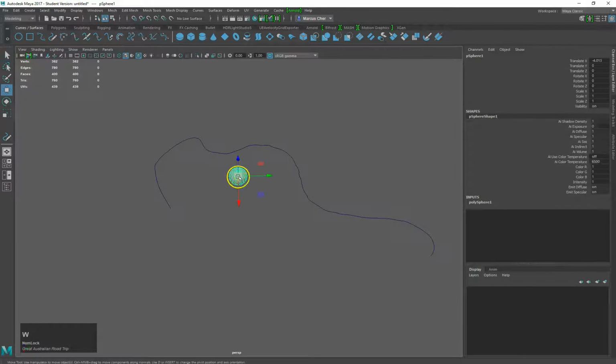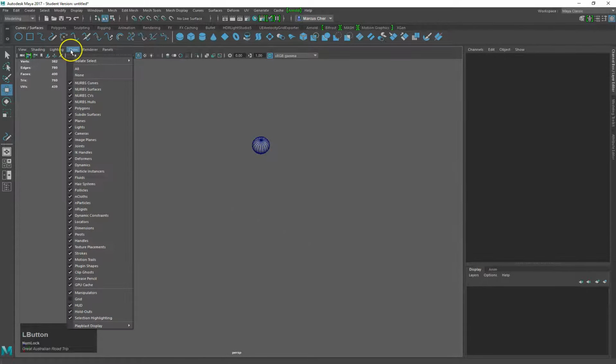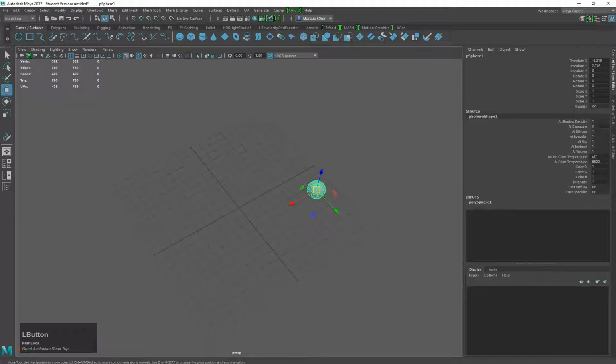Finally, we've got snap to curve. So we've just drawn a NURBS curve there, and this is sometimes a bit tricky to get right, but if you persist, you'll get there. It's just holding C down and then clicking on the curve, and you'll notice that it follows that curve quite astutely. We'll put the grid back on, and next,